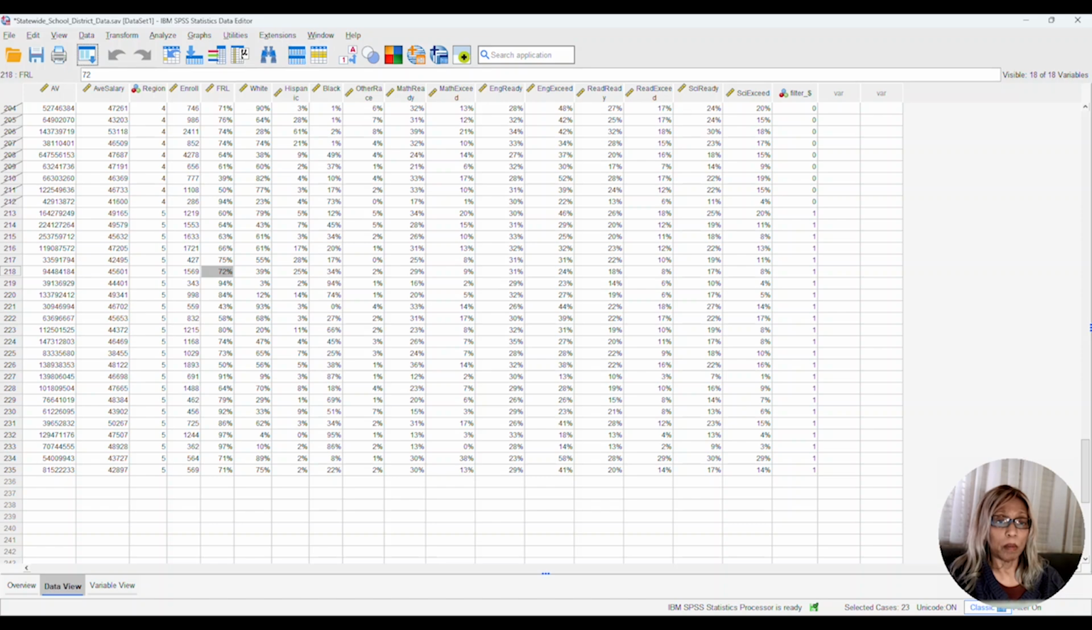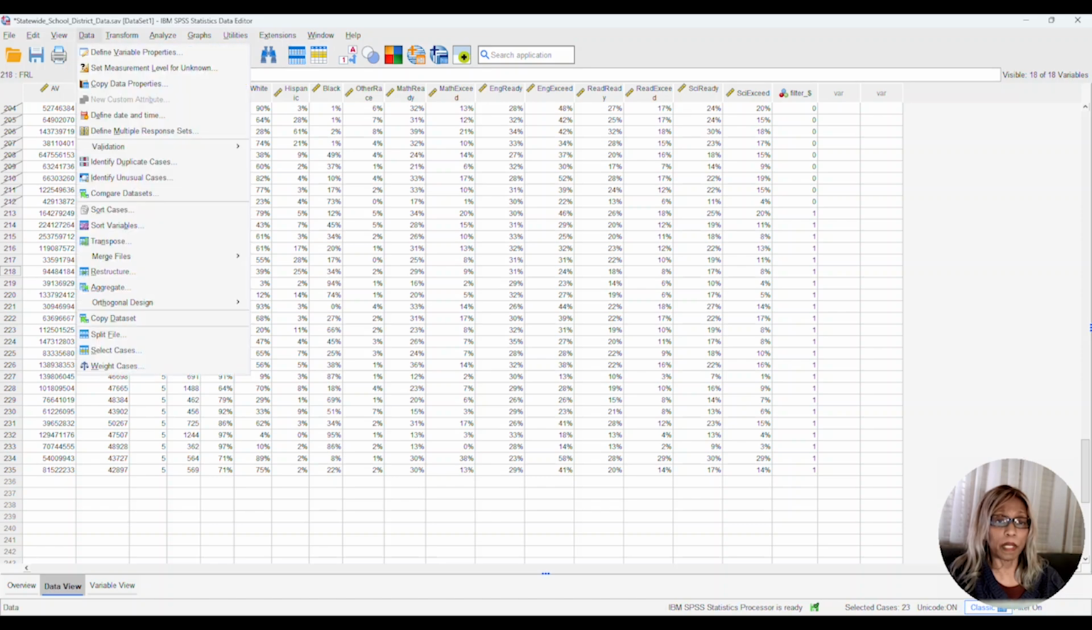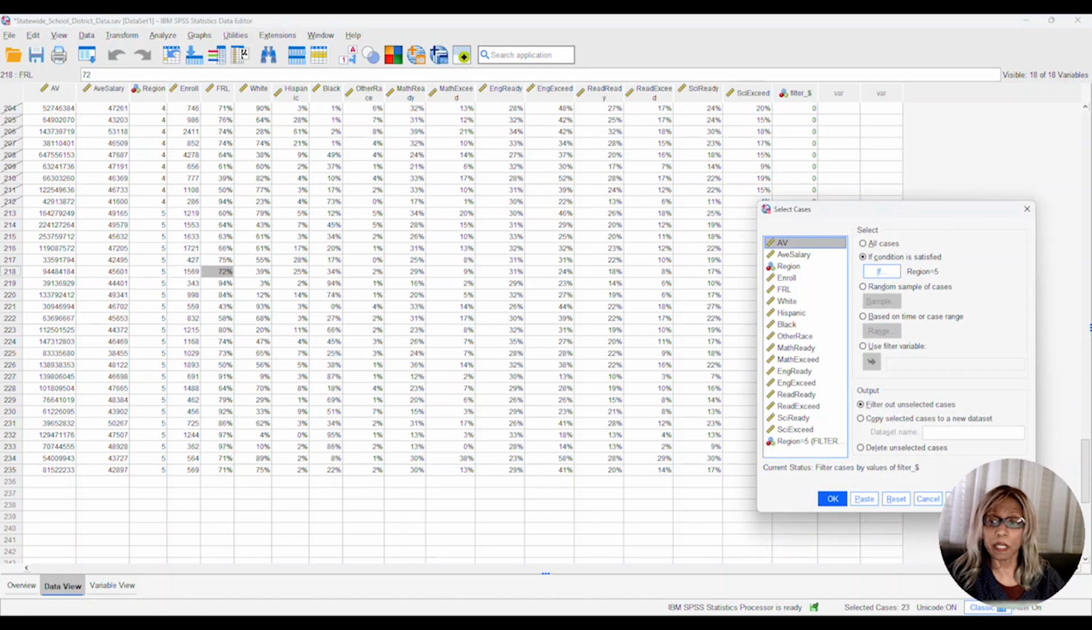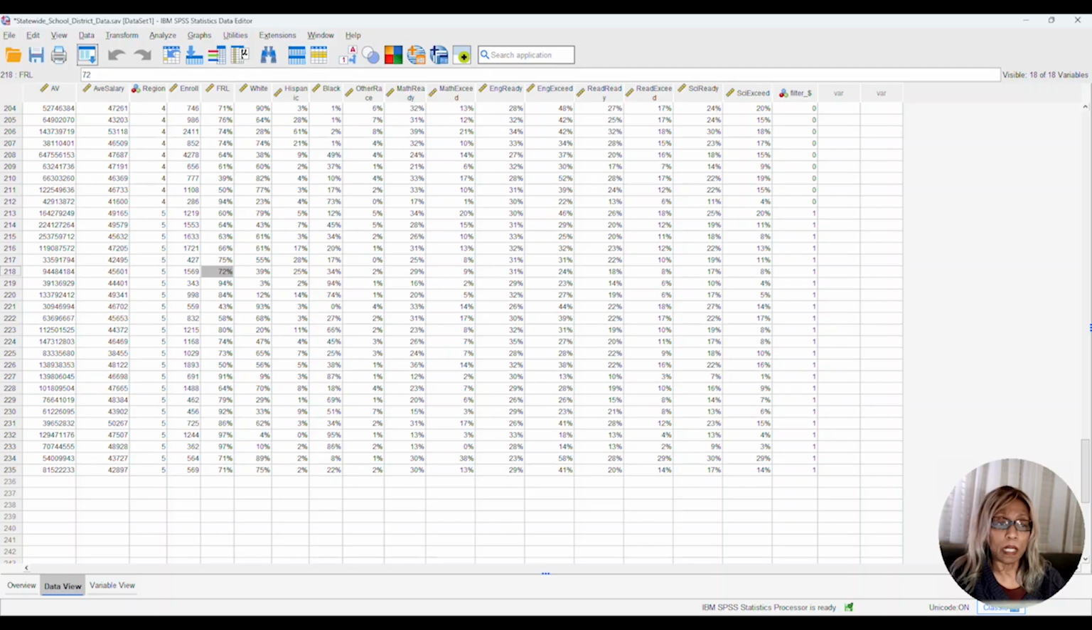But anyway, we want to go up here and go back to Data, and make sure that our Select Cases is back to all cases just to clear everything out. And now our next thing is that we know that one of the regions is skewed. But what we want to do now,